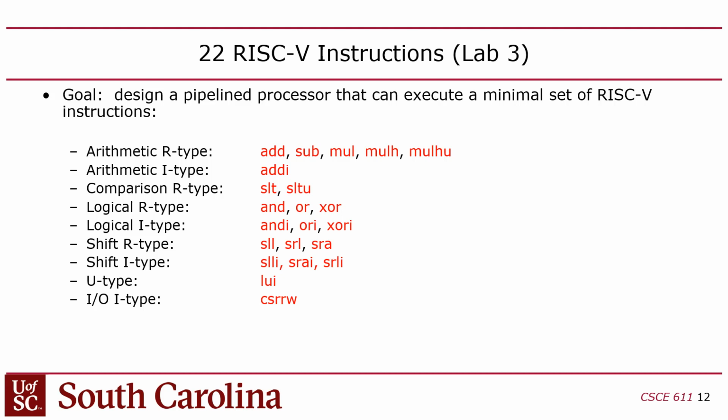Okay, so there's a couple here you might be wondering about though. LUI, you guys know what LUI does? That stands for load upper immediate. So that allows you to take an immediate value and put it in the upper part of a register, right? An immediate is just a number that you put inside the instruction. This one is the weirdest one, CSRRW. This is a real RISC-V instruction, and it stands for Control Status Register Read Write. This is what we're going to use to access these switches and the hex displays on the board. This is our I/O instruction. Guys with me? Okay.